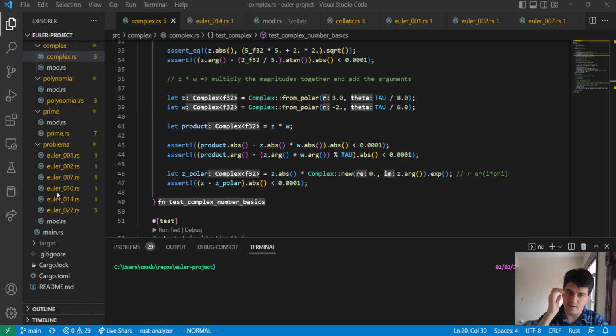We want hexes. We construct hexes out of triangles because hexes can be constructed out of triangles. And so how are we going to do that? Well, we'll use a hexagonal lattice. How do we model a hexagonal lattice? Well, we'll use Eisenstein integers. Maybe I just call this Eisenstein integer. Okay. I think this is a cool start.